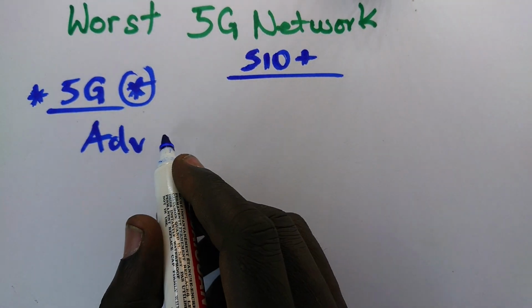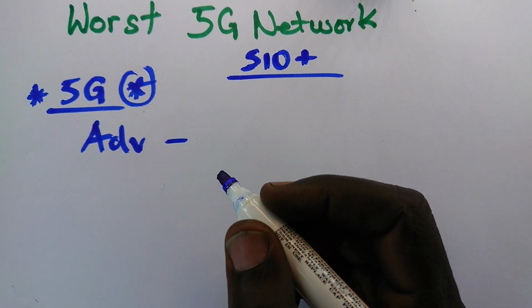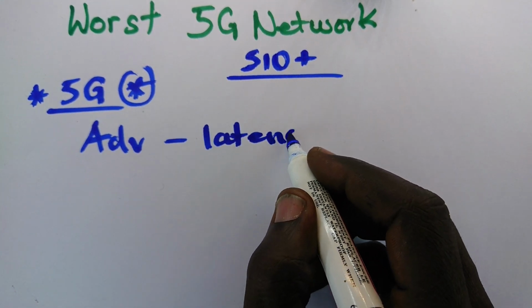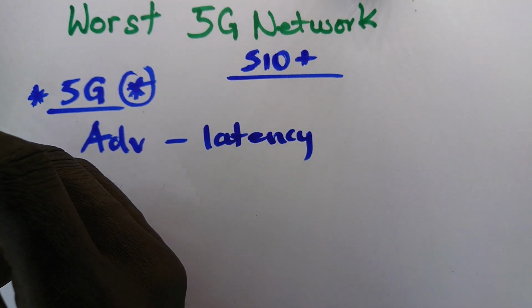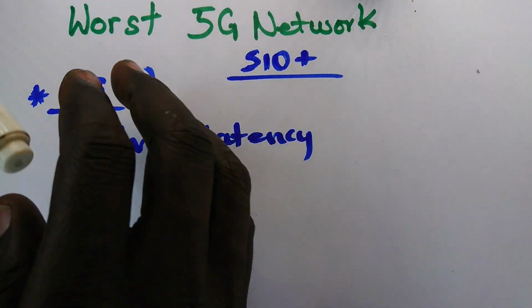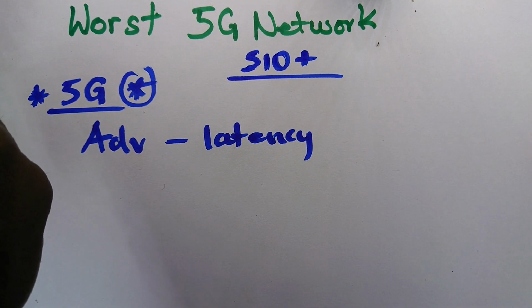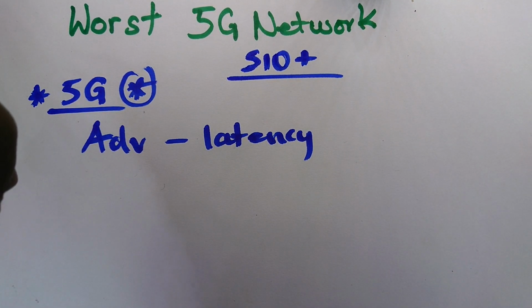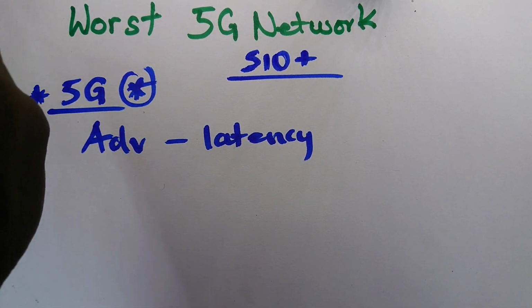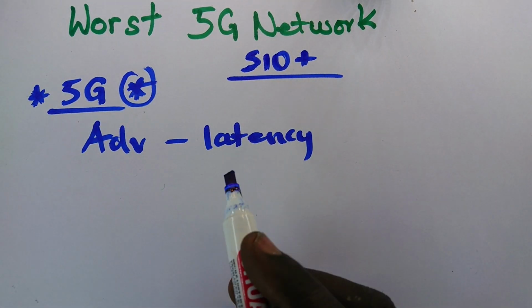Now, one, I think you might notice that 5G has a very low latency. Latency is the delay or time it takes between you requesting a search query and it giving you back results, in which 5G does it in under 2 milliseconds, while 4G will go anywhere between 60 and 98 milliseconds.